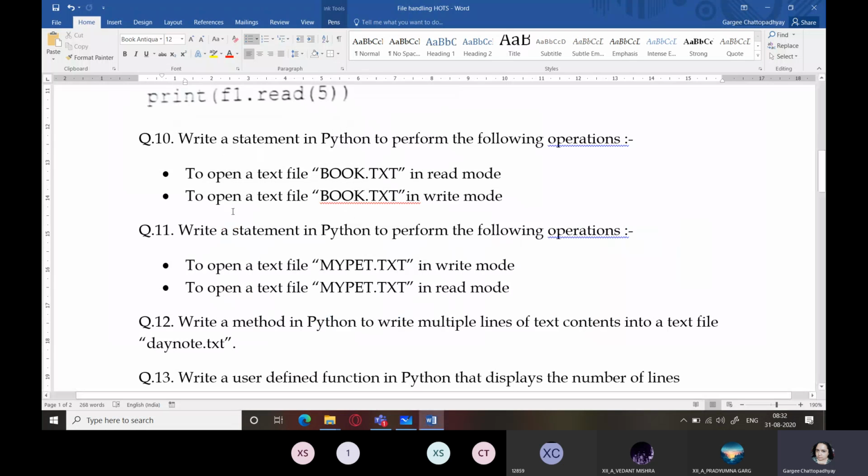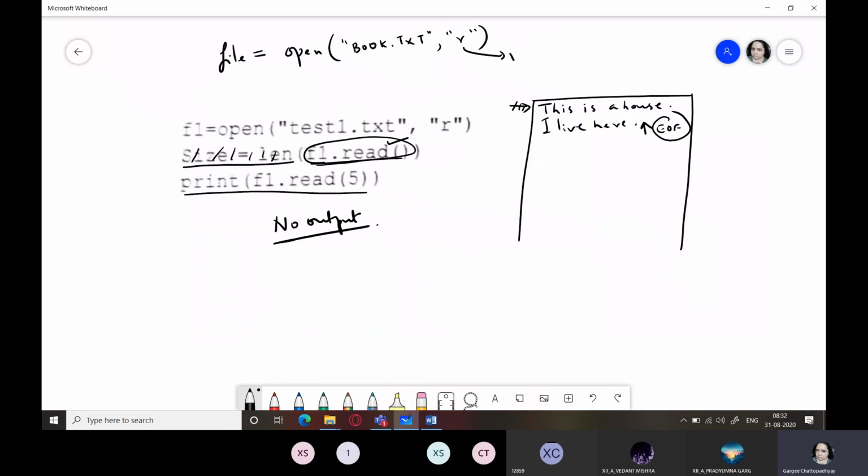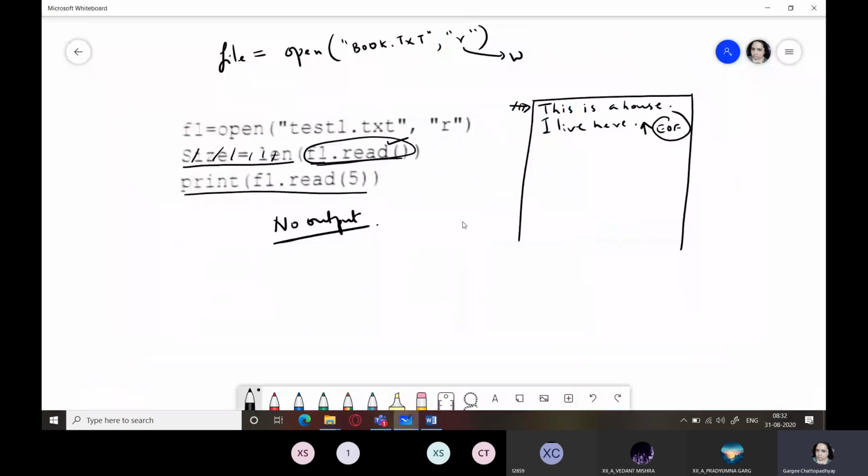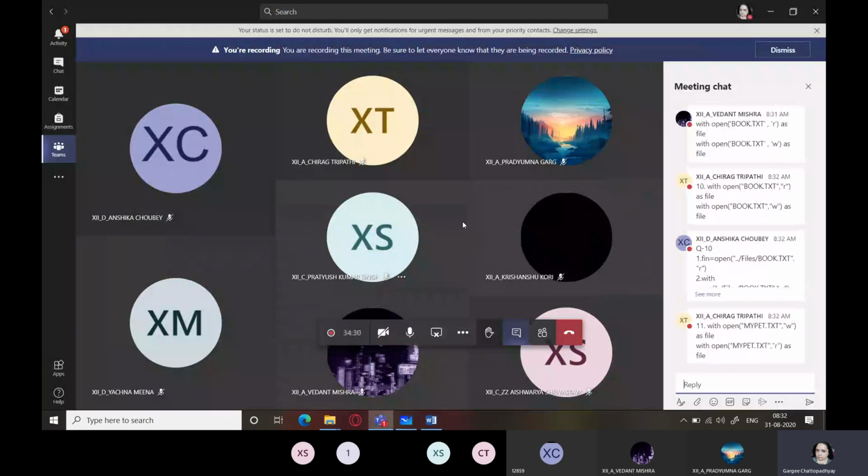Very simple. To open a text file book.txt in the write mode. So the same thing will become W. Next is write a statement in Python to open a text file mypet.txt in the write mode, mypet.txt in the read mode. This is very easy. You can do it on your own.